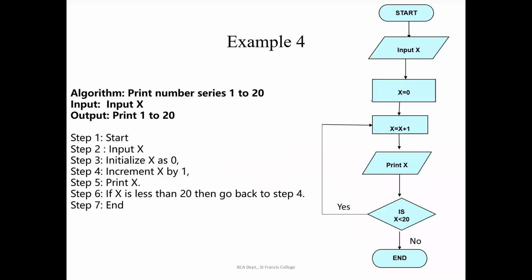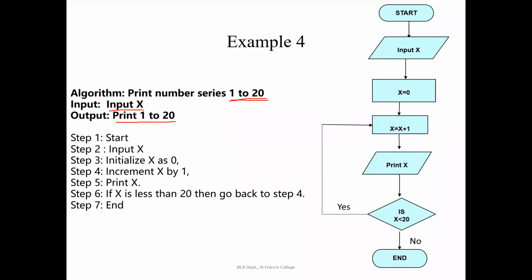Now we have to convert it into an algorithm. So in the algorithm, we will mention it properly with the name of the algorithm, that is, to print numbers of the series from 1 to 20. This algorithm will work only to print the numbers from 1 to 20. It will not print from 21 to 30. Got it? It will print only from 1 to 20. What is our input? We are expecting an x value as input, and then we print 1 to 20.